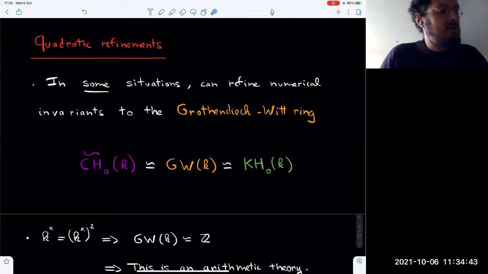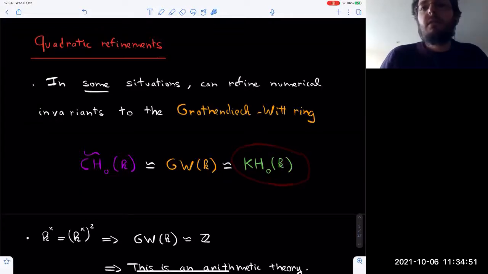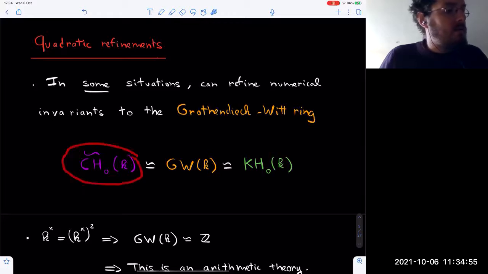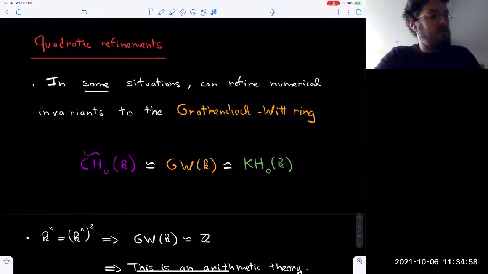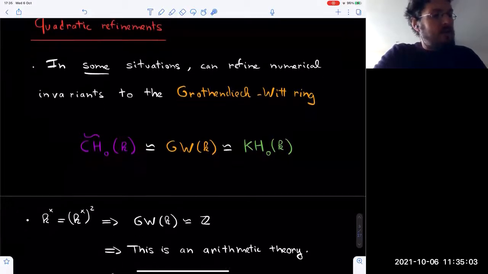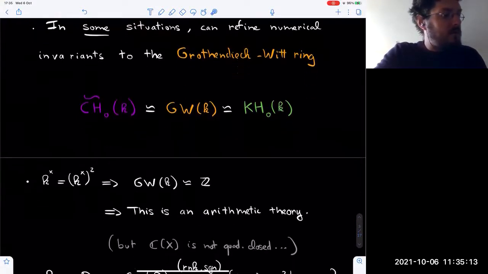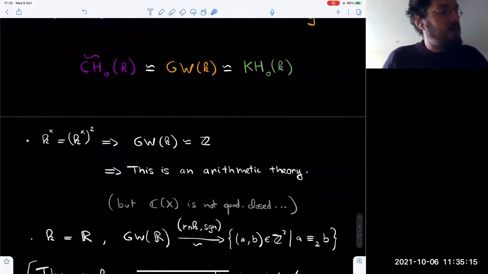And this Grothendieck-Witt ring, in this sort of geometric setting, will appear in some sense either as a Hermitian K-theory group of the base field, or as the so-called oriented Chow group of zero cycles of the base field. So in this seminar, I think it's not necessary for me to spend too much time defining and introducing the Grothendieck-Witt ring. But as you well know, for any field which is quadratically closed, the Grothendieck-Witt ring is just the integers,